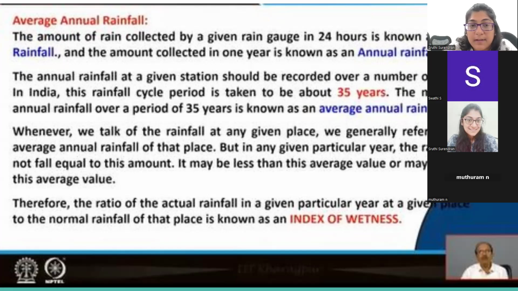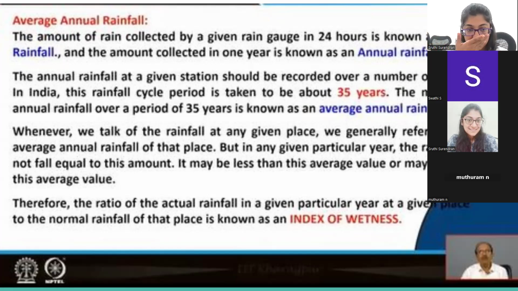Now, what is the significance of this quantity? Say suppose one year we are getting 10 mm and the second year we're getting 20 mm. The average annual rainfall is 10 mm. But based on this quantity, comparing the annual rainfall relative to the average annual rainfall, we can know whether that year we have obtained a good amount of rainfall or a bad amount of rainfall. So that is the threshold or a set value to compare the state of rainfall